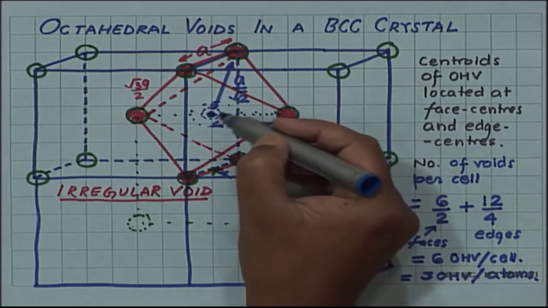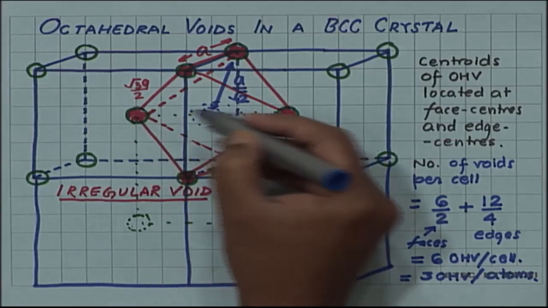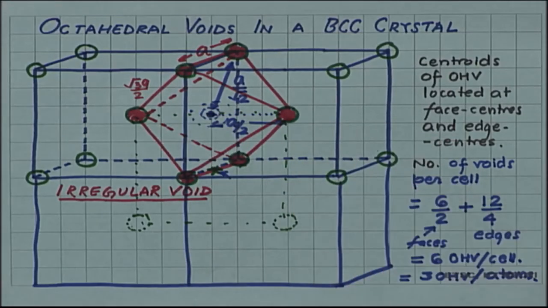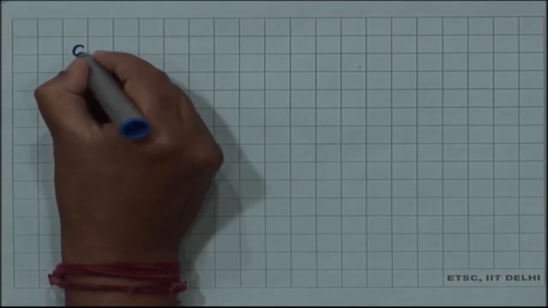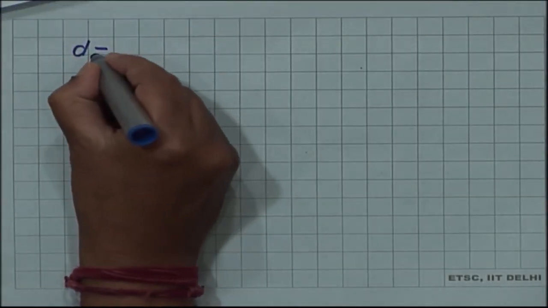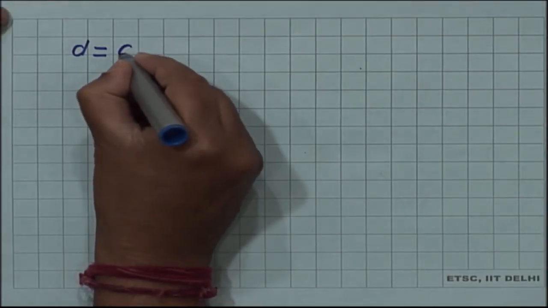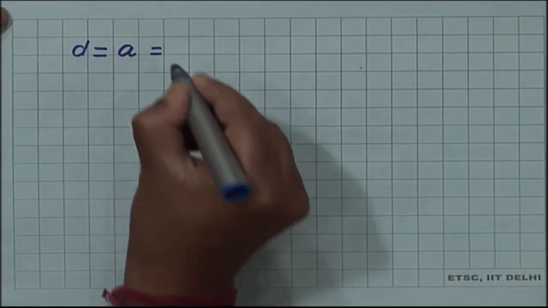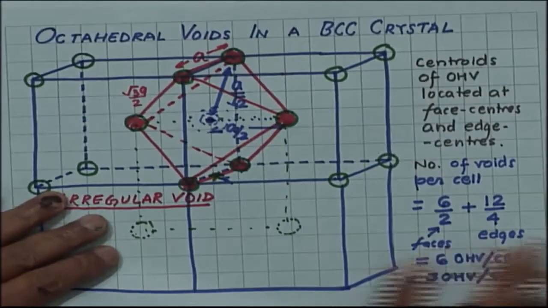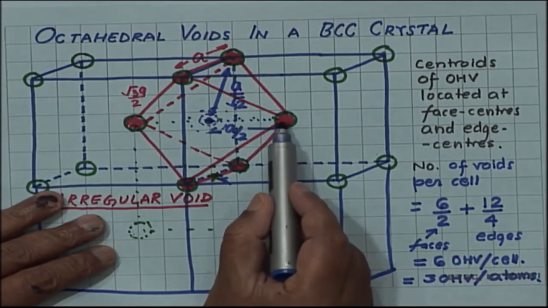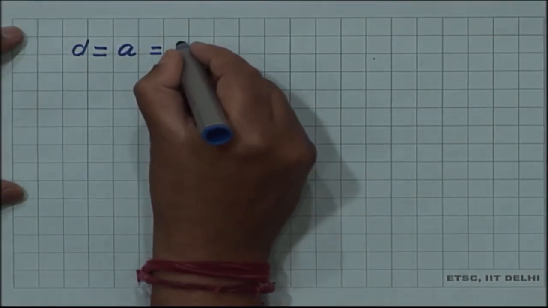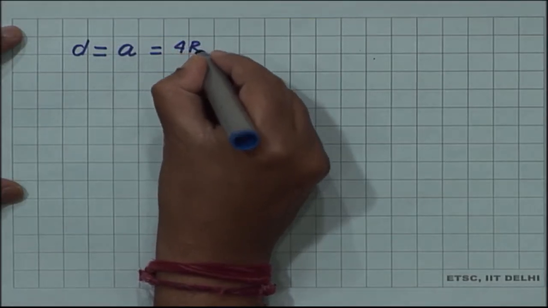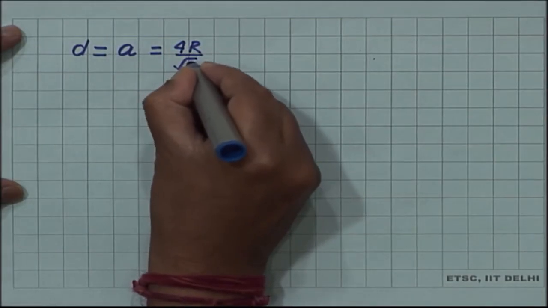So, the largest atom which will fit in this void is defined by the nearby atoms, these 2 atoms, and so like we had in the case of the tetrahedral void, we have this distance between the nearest atom, which in this case is simply a. You can see these two distances are simply a, and that is the shorter distance. So, that is a, and we have already worked out that in terms of radius, that is 4 r by root 3,